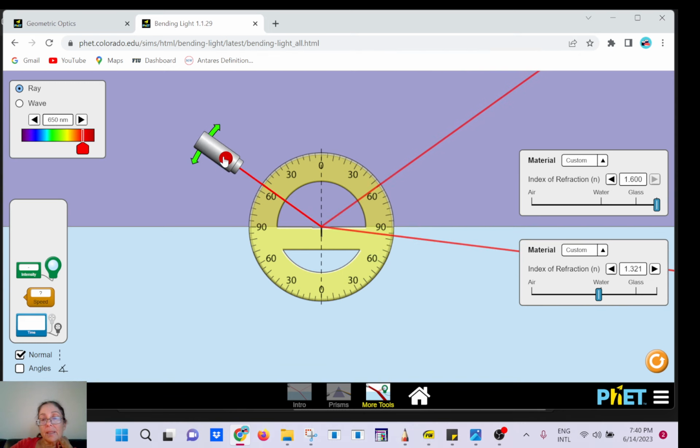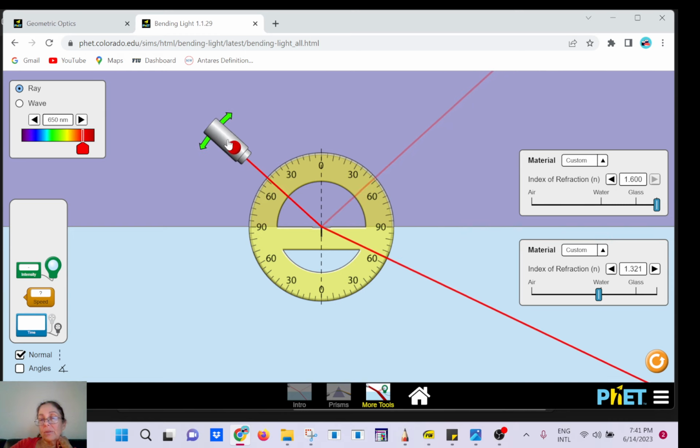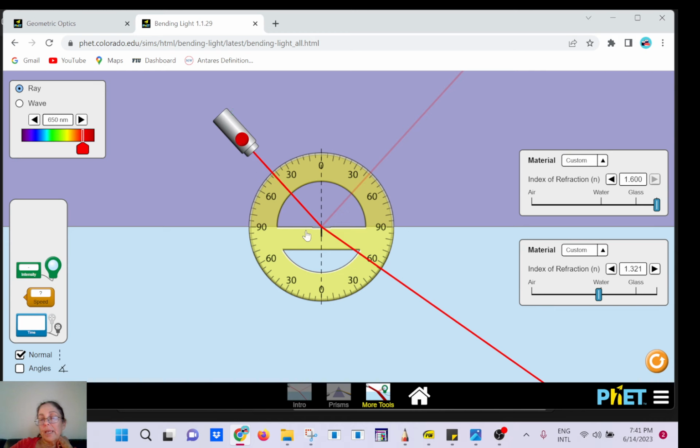So now instead of 38, I'm going to have something like almost 60, maybe 55. So there is less contrast. Also, you see when it escapes here, the angle of refraction will be smaller as well. See, if I put air here,